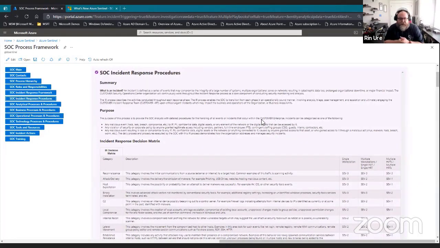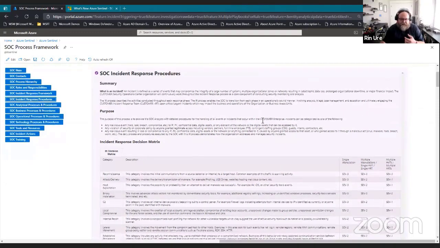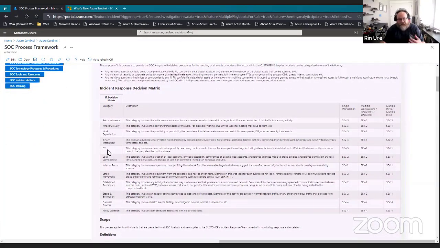We step into incident response procedures. This is again more around industry standards. This is looking at an incident response decision matrix that looks at reconnaissance and attack delivery, host exploitation, binary, C2, local compromise, right? And then it's tying back to severities. Those severities we call out within tagging, and I'm going to give you an example of what that tagging might